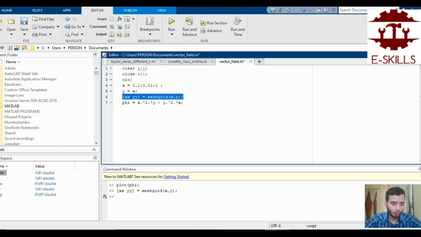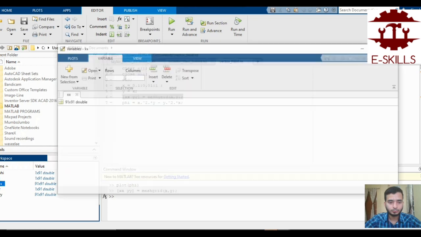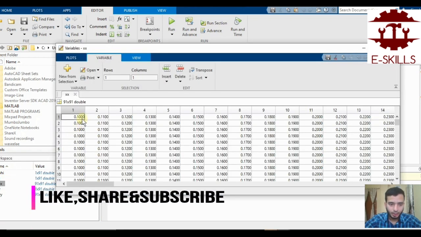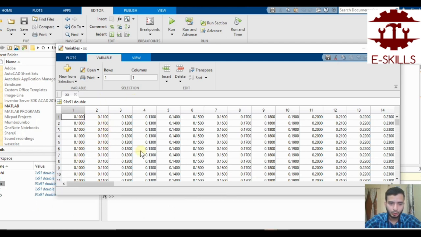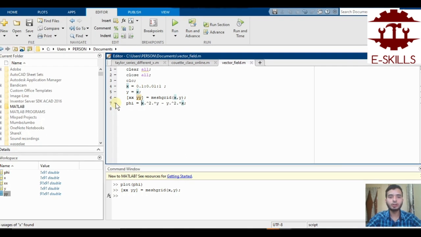Let us have a look at xx. You can see that the elements of the columns of xx are the same in all the columns, and similarly if you look at yy, you can see that the elements of a particular row are the same in all the columns. Now that we have xx and yy as a grid in the xy plane, let us calculate phi at all the points in that grid.